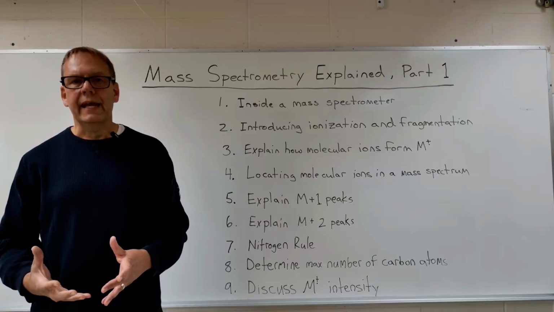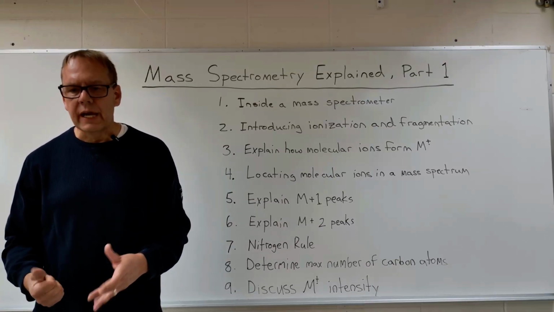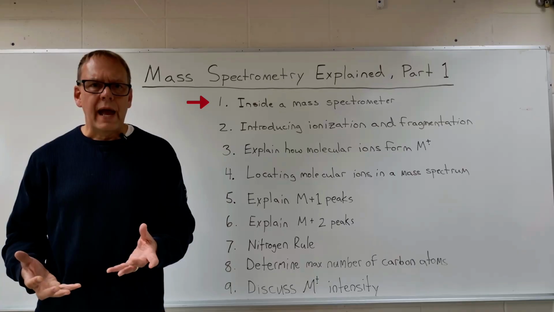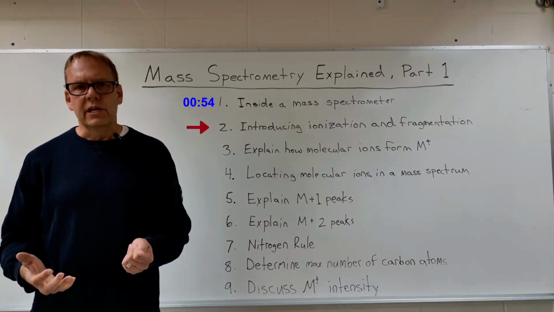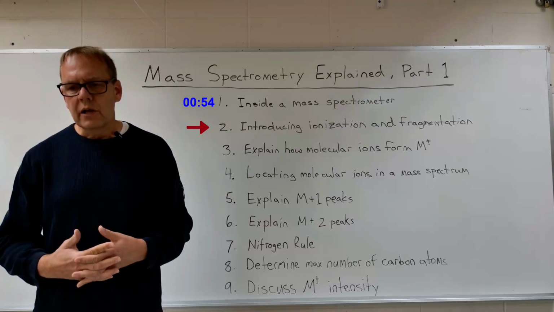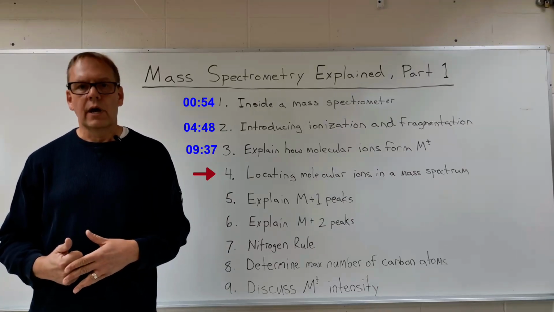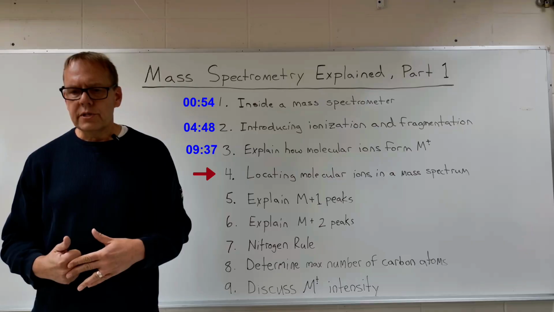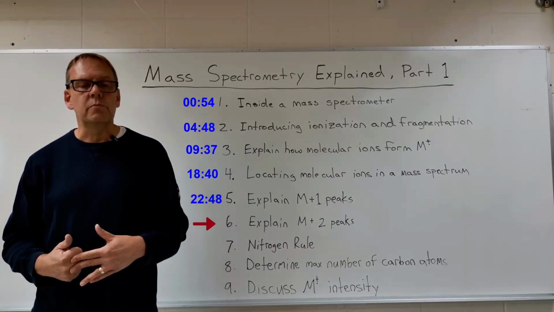In today's organic chemistry video, I'm going to talk to you about mass spectrometry. I'm going to cover concepts like what happens inside a mass spectrometer and how it works. We'll talk about ionization and fragmentation, and try to explain those concepts. I'll explain how molecular ions form, and we'll talk about locating a molecular ion in a mass spectrum. I'll also talk about M+1 peaks, explain where they come from, and also M+2 peaks and what you can learn